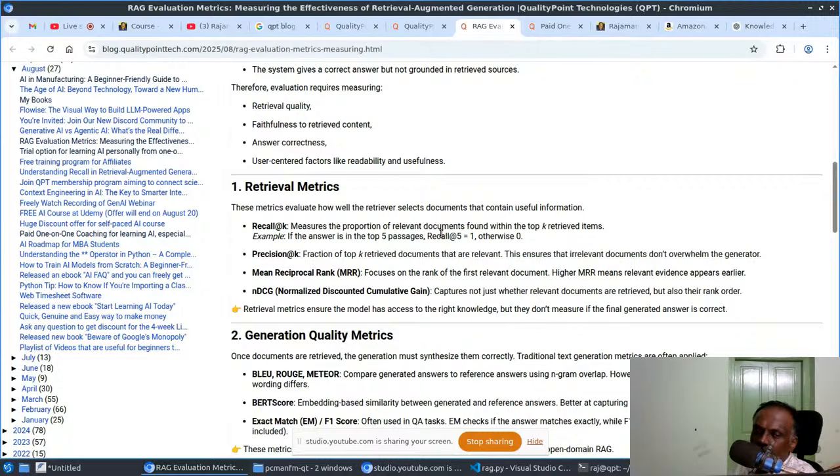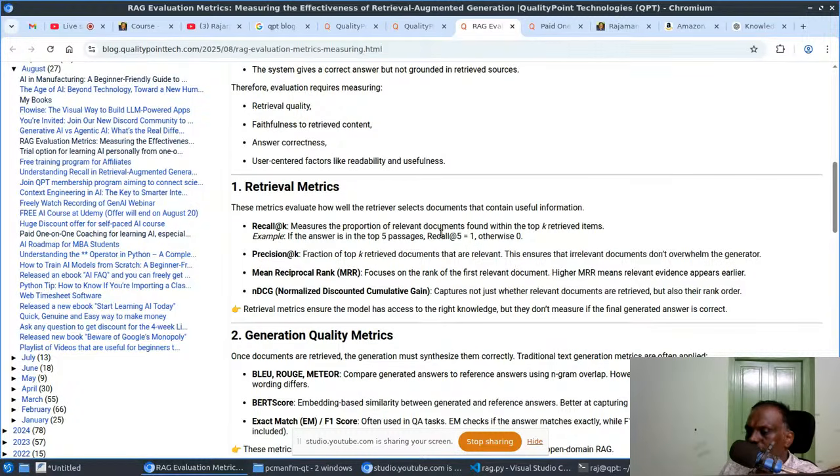So that's what we have to understand, the definition of that metric, and we need to know the real meaning, right? That's important. You have to interpret the metric, and based on that, you have to take action, whether you have to increase the k value or decrease the k value, or handle the chunking. So a lot of actions we can take based on those values. Okay, so we have to do the proper testing, and we need to interpret that meaning properly. Okay, and the mean reciprocal rank, MRR, is also good, but it's from the perspective of